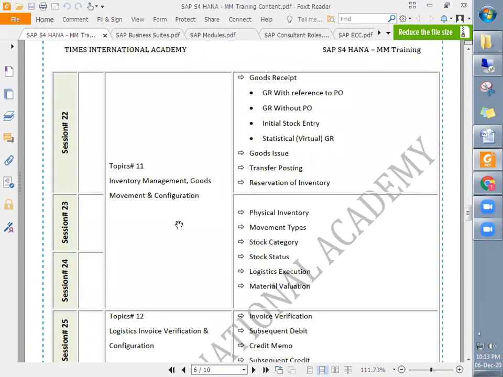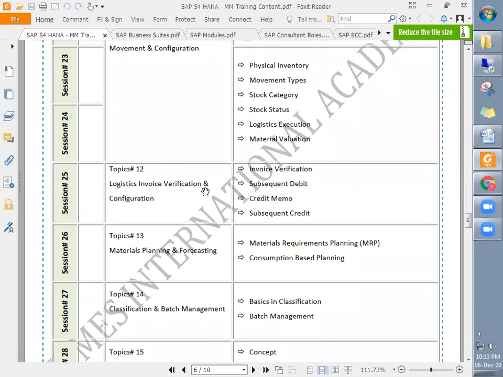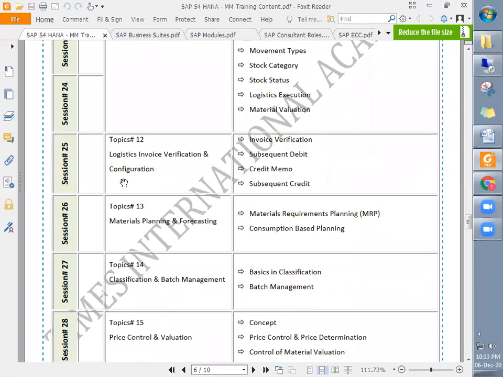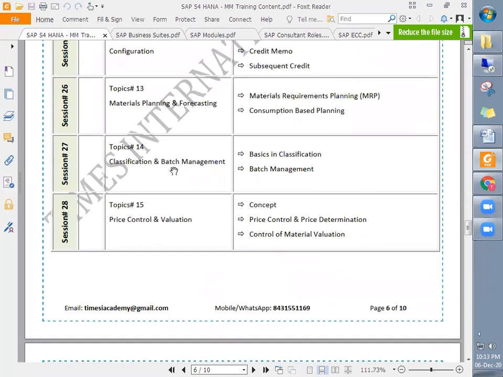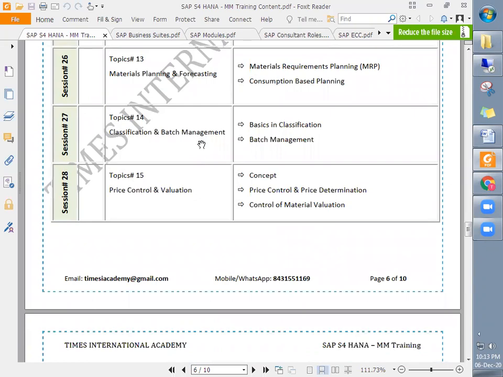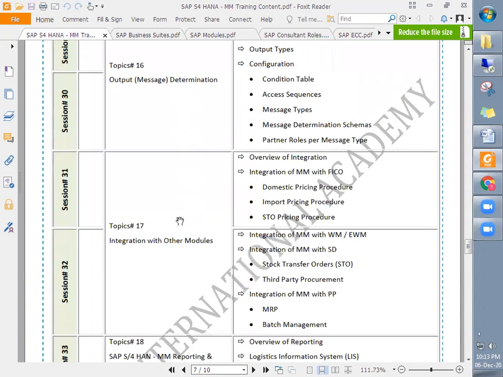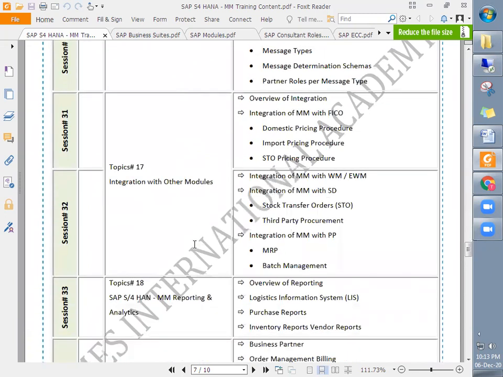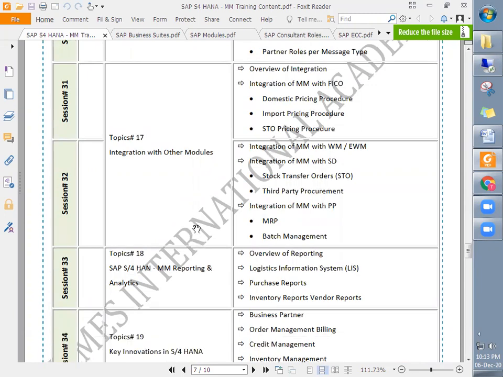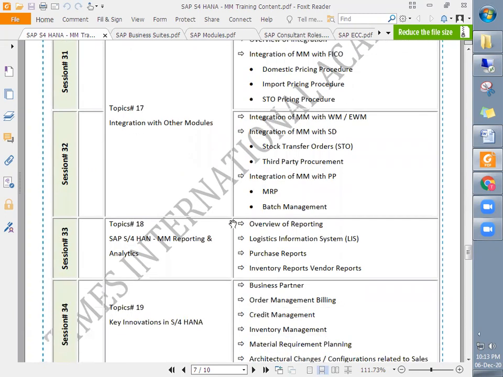And then inventory management and goods movement and configuration, logistics invoice verification and configuration, materials planning and forecasting, classification and batch management, price control and valuation, and output determination. Then integration with other modules, because there is integration between MM, SD, FI, PP, and other modules. That integration will be covered.